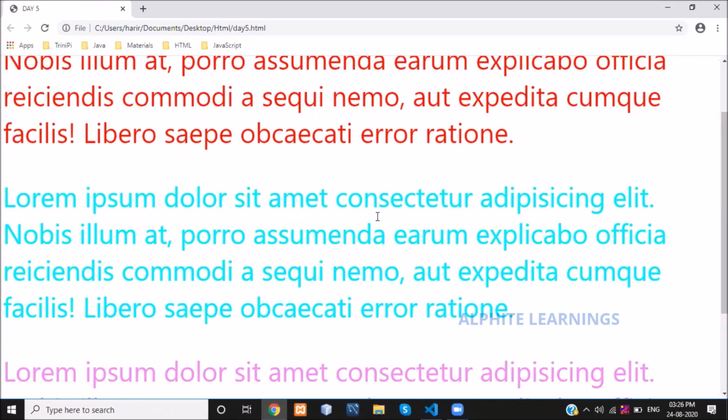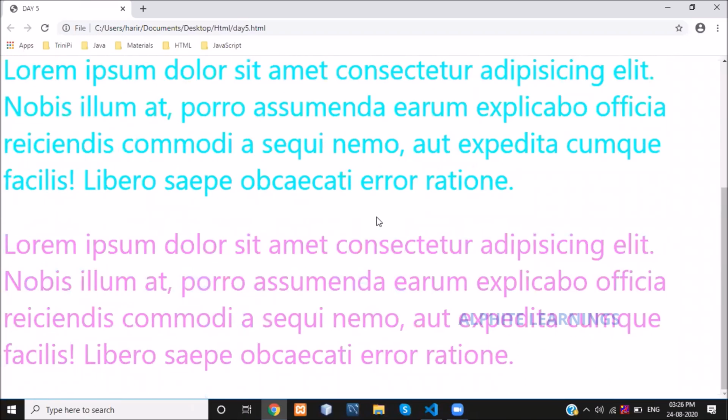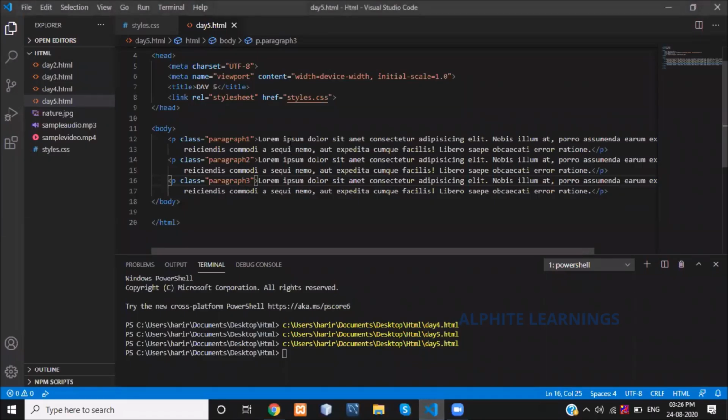Hope you understood what external CSS is, how to create a file, how to link it, and how to differentiate your different paragraphs. This is all about how to create an external CSS file, link it into your HTML and access it.